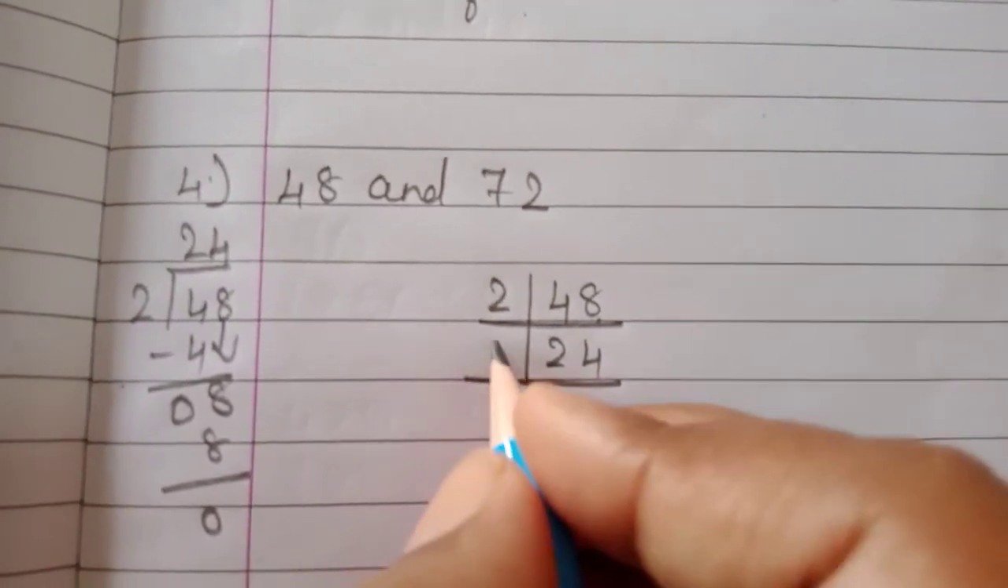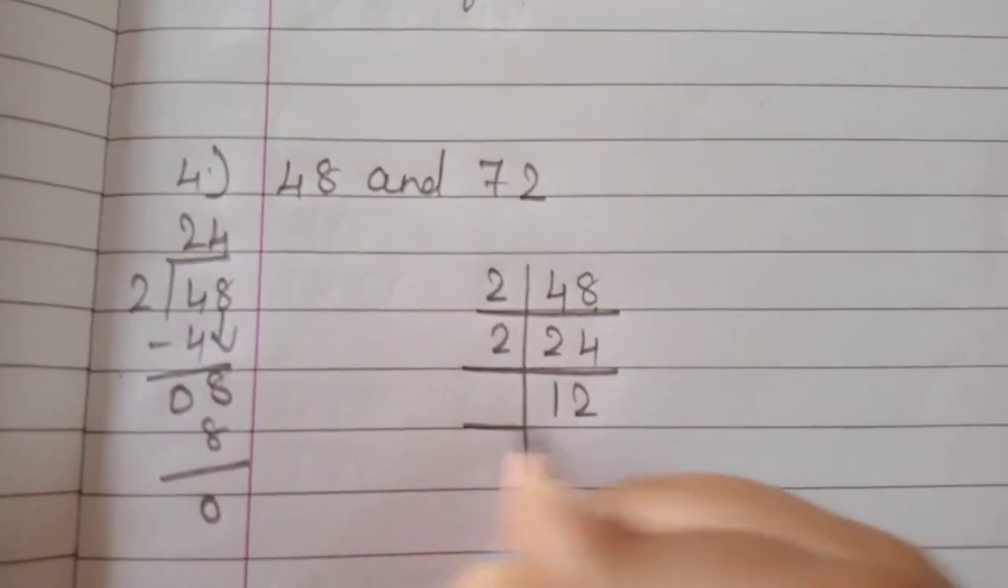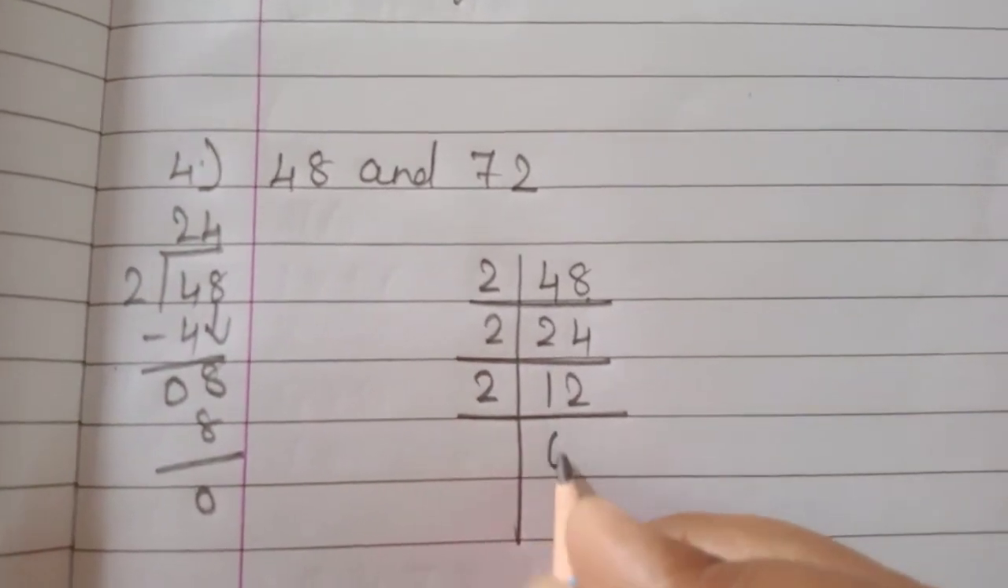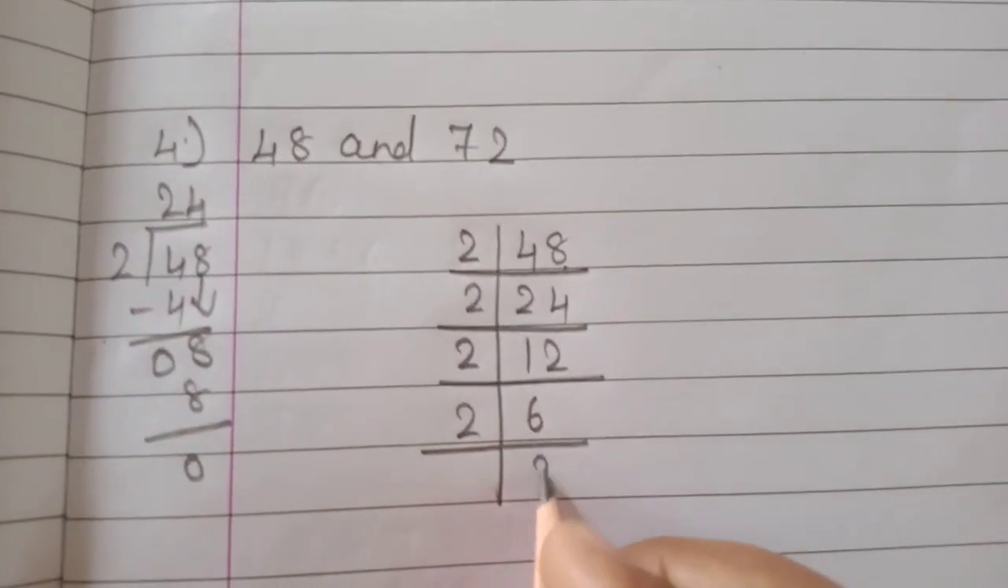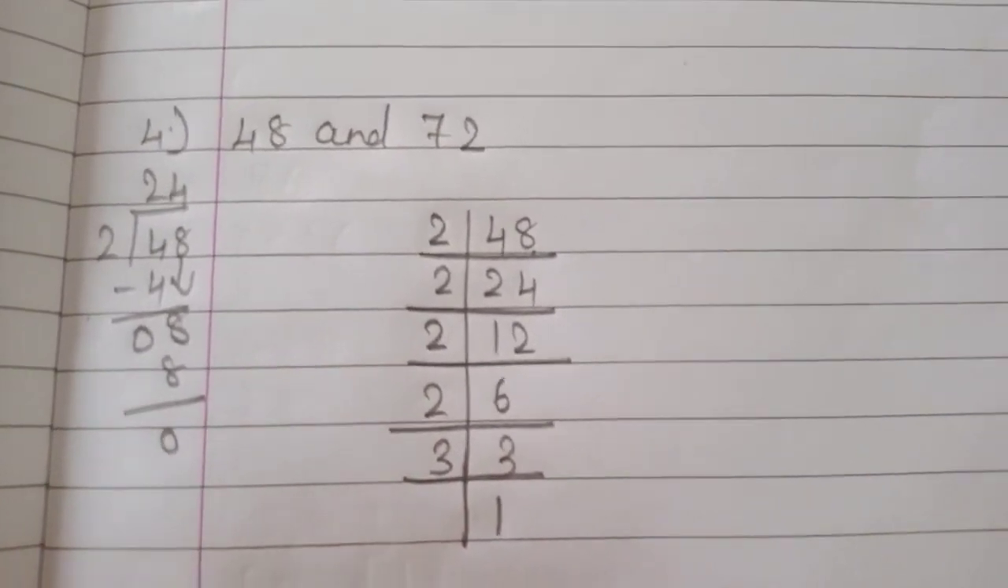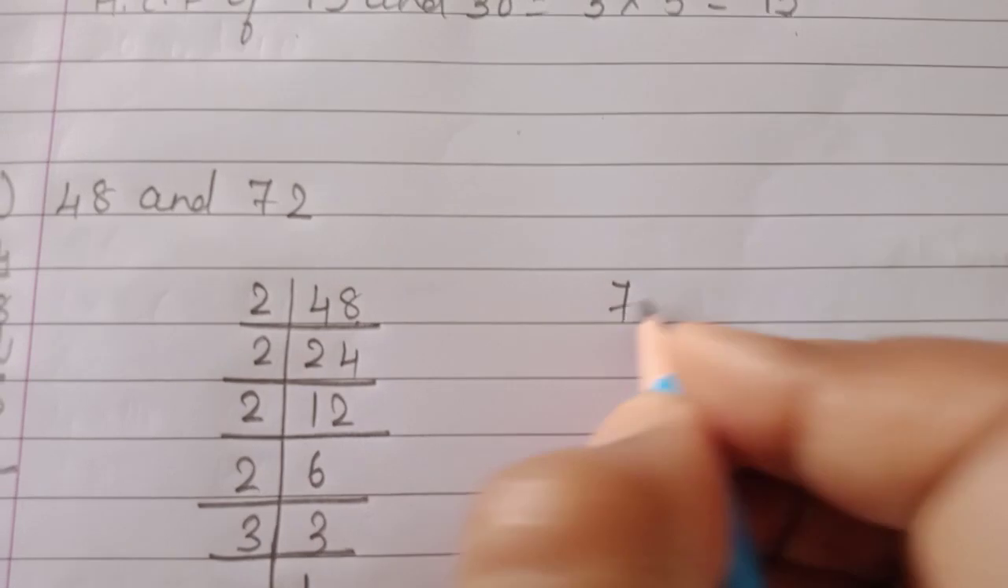Then in 2 table when 24 will come, 2 12s are 24. Then when 12 will come in 2 table, 2 6s are 12. Then 2 3s are 6. Then 3 1s are 3. Now for 72,